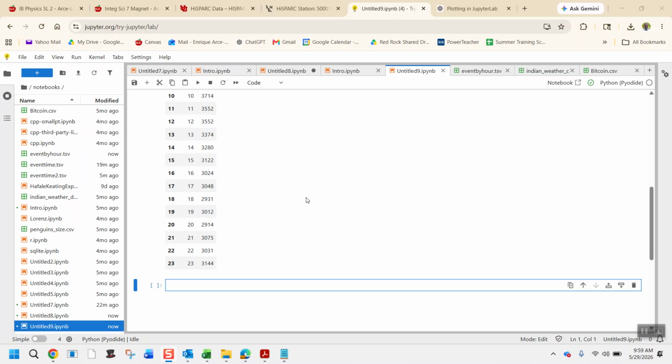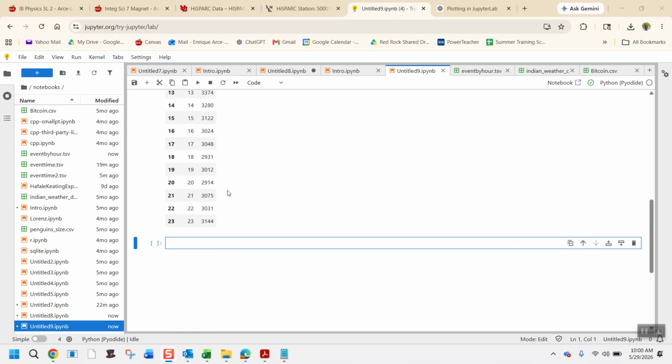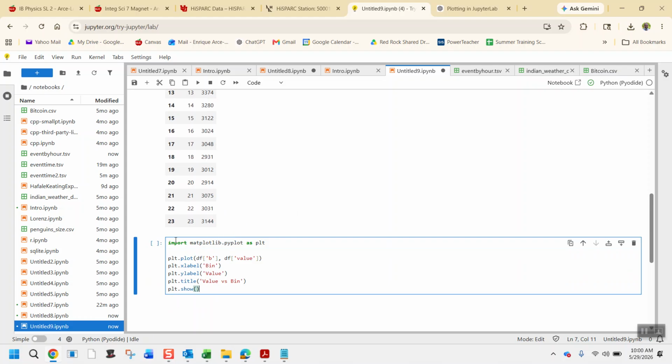Really quick, one last thing. If you wanted to plot this data, I went ahead and just stole some code off ChatGPT. Here's another basic one. So again, what is this saying? I'm importing more libraries where they have already created plotting software or plotting functions. I'm going to call it PLT. So this one, PLT plot,